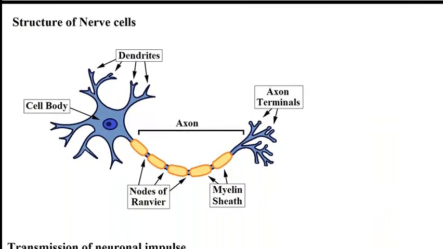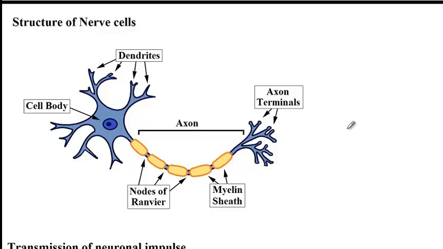We already know that nerves are specialized cells that help transmit impulse, but in order to do that, they will have to have different structures to receive signals and then transmit them to the next set of neurons or next set of effector cells, like for instance glands or muscles.